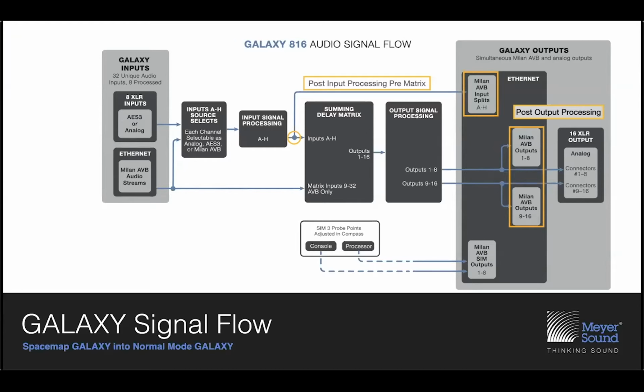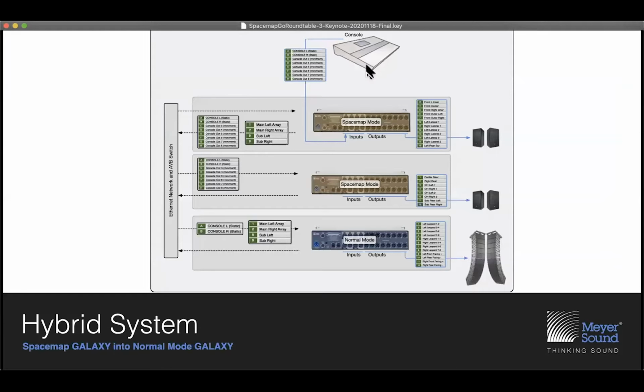And what that would look like in the real world is I'd have a mix console and I'd send out some main left and main right, and I'd have some movements or aux sends that I want to move around. I plug all of those XLR cables into my first Galaxy in Spacemap mode, and that first Galaxy in Spacemap mode would control some loudspeakers that are local to it, but over Milan AVB, it would also be broadcasting